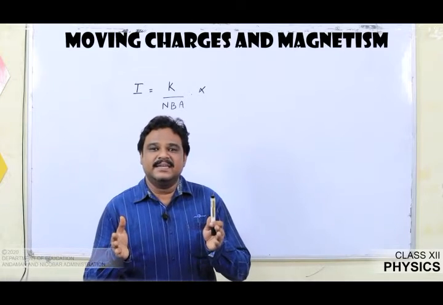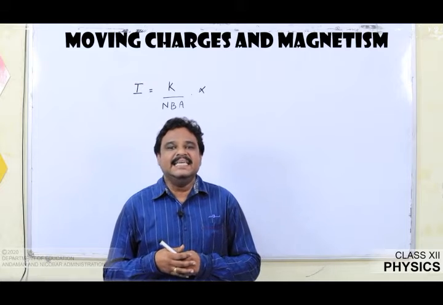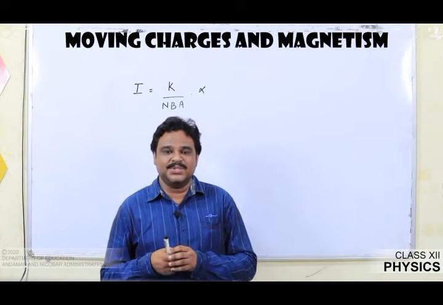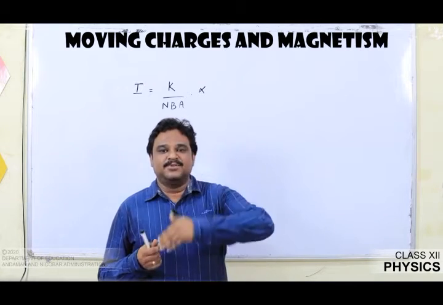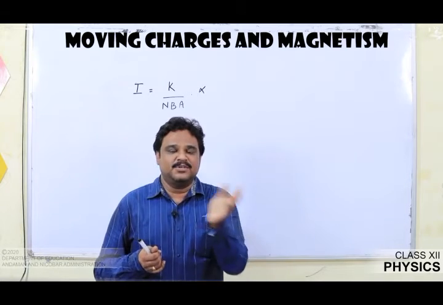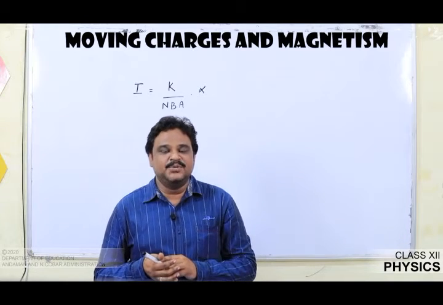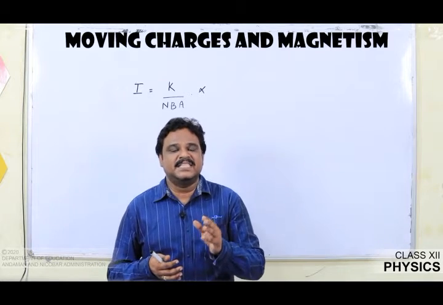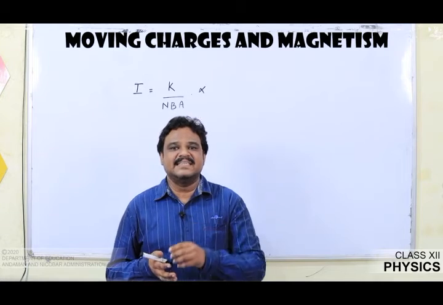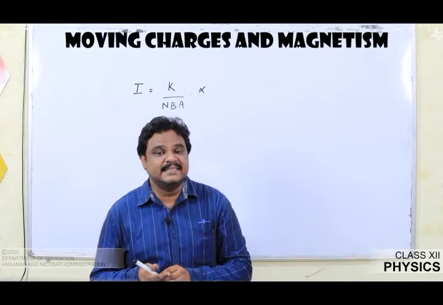So when a current, say I, enters the coil of the galvanometer, each arm will experience a force. F1 and F2 are the forces on the upper and the lower arm, F3 and F4 on the two sides. F1 and F2 are equal in magnitude, opposite in direction, with the same line of action. As a result, they cancel each other, while F3 and F4, with different lines of action, give rise to